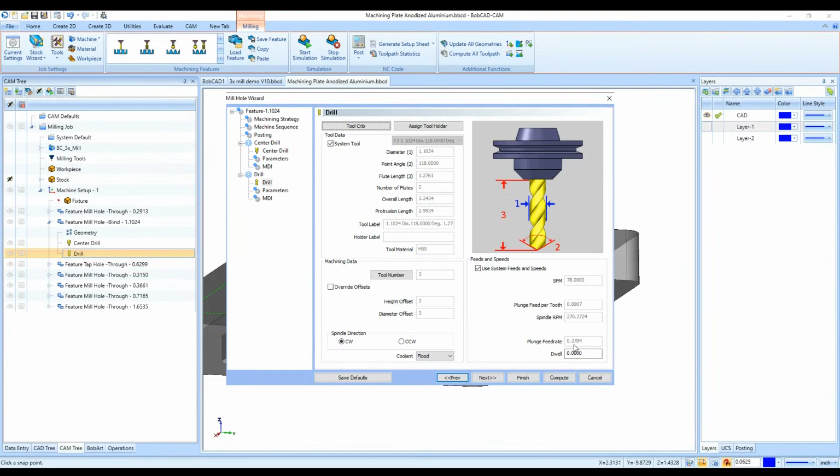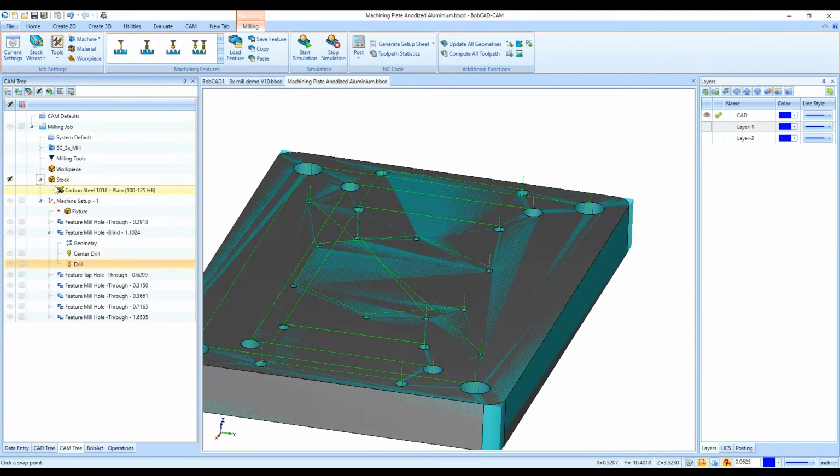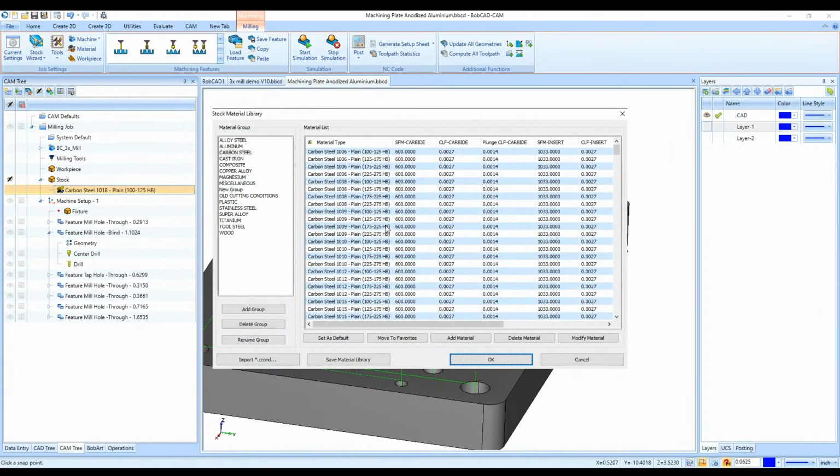Also with the feed rate, right now it's going at 0.37 inches per minute for this drilling operation at least. And it's using the system feeds and speeds. So the reason for that is we go into the material type here. If I drop down, expand the stock, we have the material type that I can right click and edit. And this is the material library with feeds and speeds in here, depending on the material type. So whether we're machining from carbon steel or aluminum or different types of plastic, we have different feeds and speeds